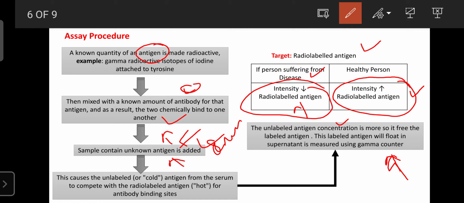The same assay procedure is also employed for the estimation of hormones in endocrine disorders or diseases, by targeting the administered radio labeled antigens against the diseases or against the hormones in the endocrine disorder. If the same amount is present in the end after mixing with the serum, then there is no disease or no hormonal increase or decrease. If it decreases, then it can give the idea regarding whether the disease is present or not.